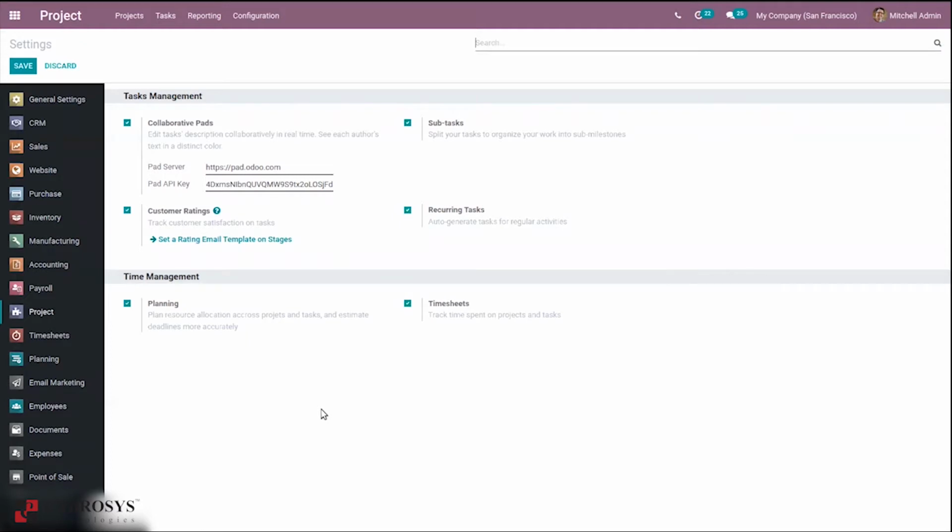And here you can see the timesheet, that is to track time spent on projects and tasks. So enable these options. Then if you want to create subtasks for your project, enable this option too.